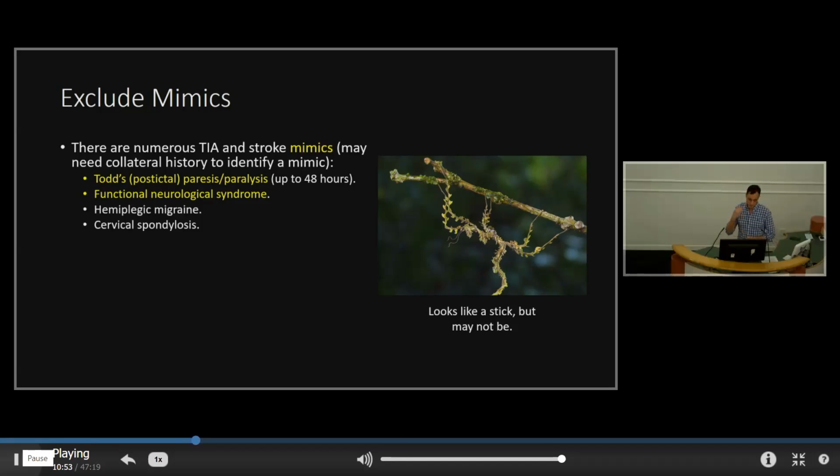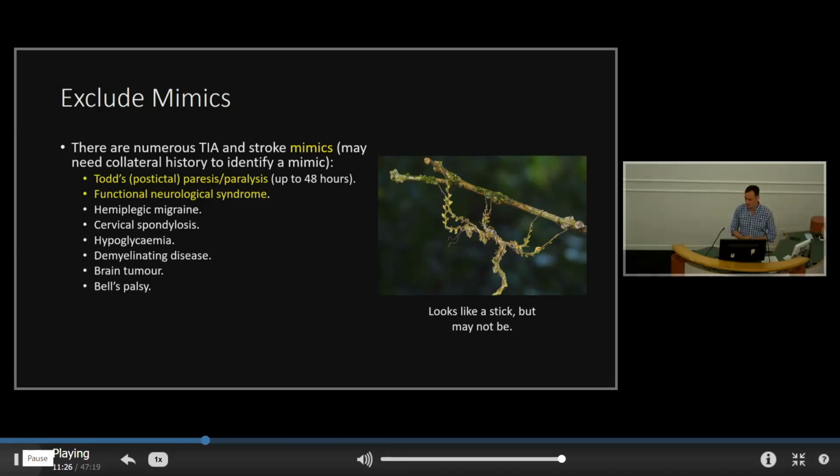Cervical spondylosis, so pathology of the neck, the best way to identify those is the person might have arm and leg weakness, but the face is totally normal, no problem above the neck. So if you have that, be very wary that maybe this is a cervical pathology. There are some other mimics. They are, in my experience, rarer. So hypoglycemia, obviously. Demyelinating disease can rarely present in a fairly acute fashion, as can a brain tumor. So those things, keep an eye out for, but I've got to admit, they're much rarer.